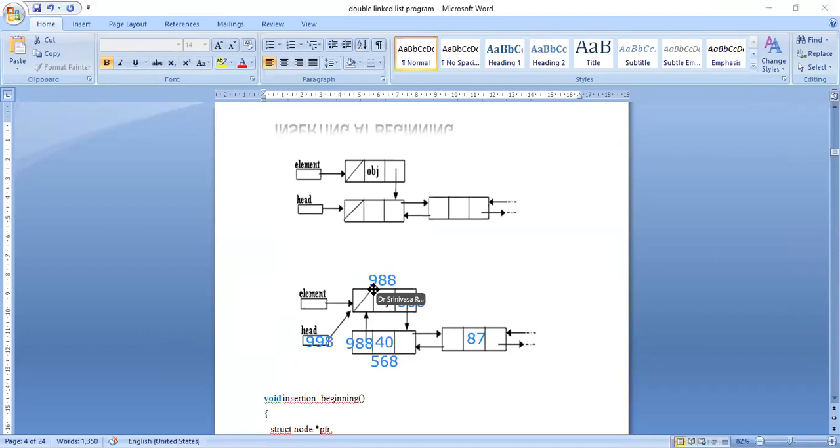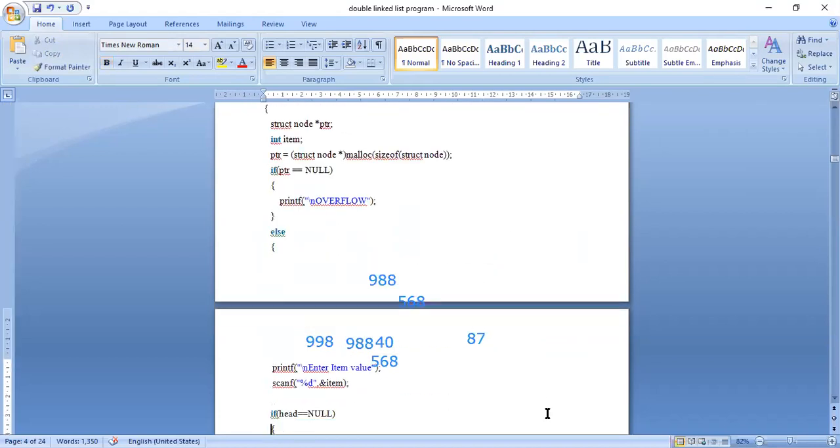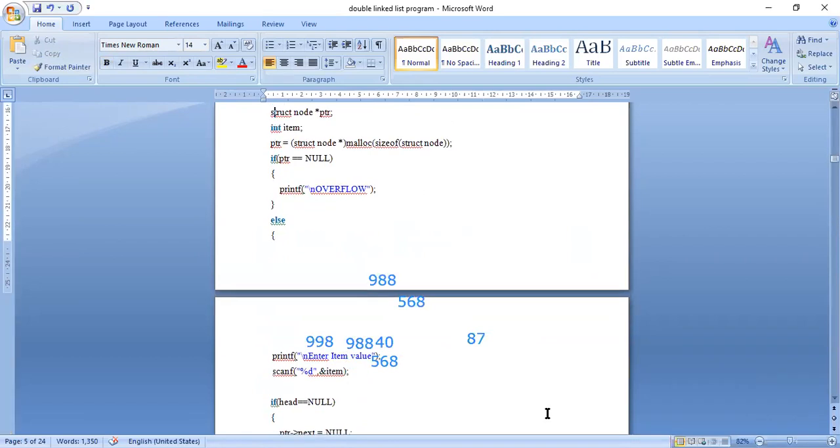That is, the head should contain the address of the newly inserted node. So you can see here. So now you can see the address.